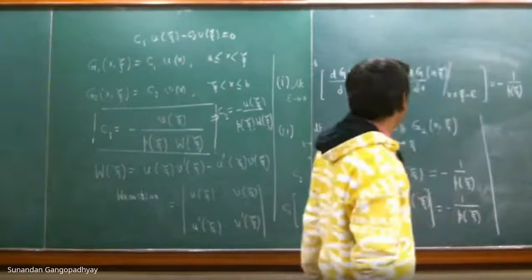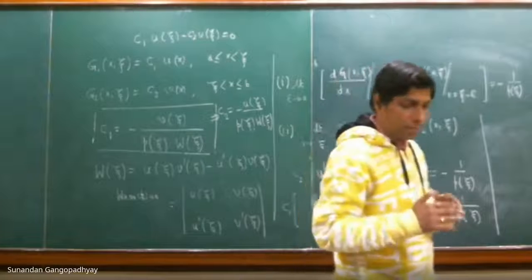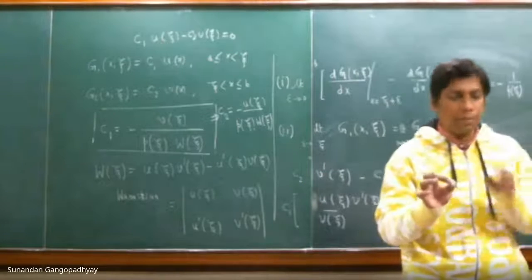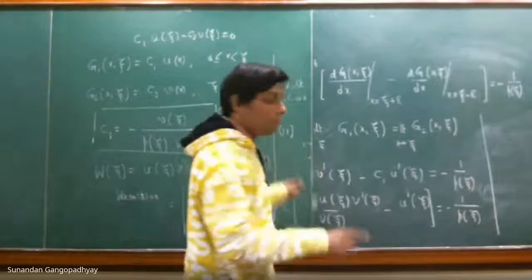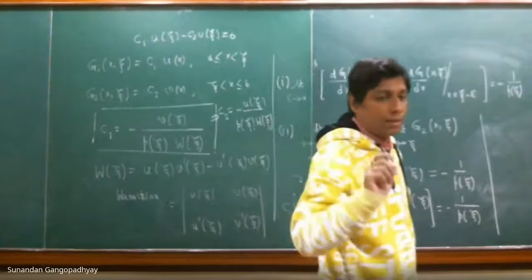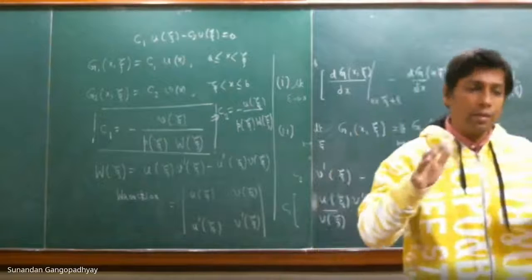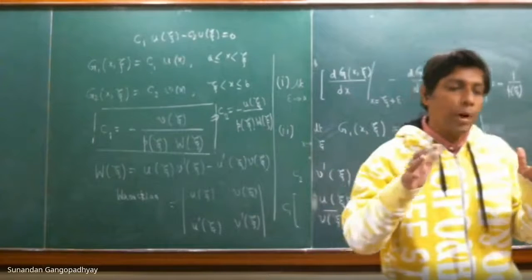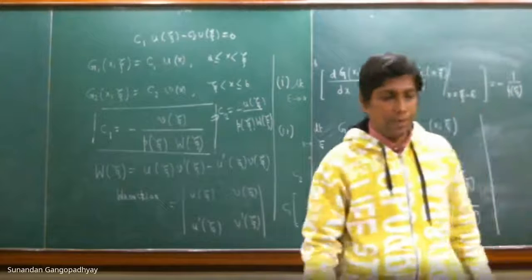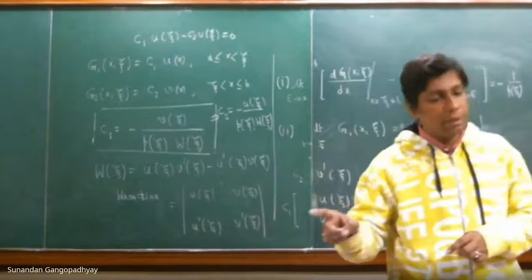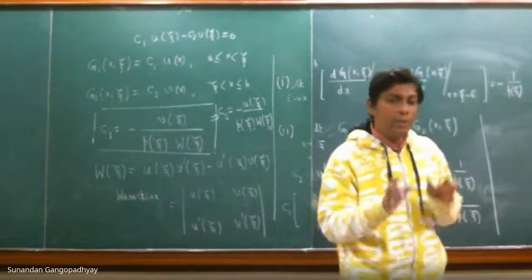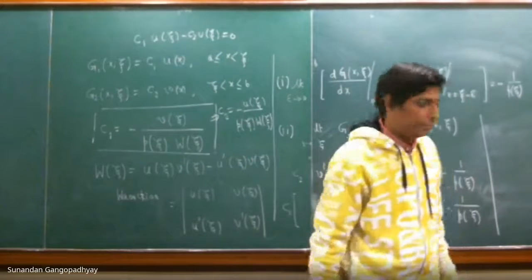If you integrate that equation from some point, you take some point in the interval. So in the Green's function definition, you have delta x minus xi, right? So xi is some point, x and xi both are points within the interval. X can take the endpoints also. It can be equal to a, it can be equal to b, but xi is some point within the closed interval ab.